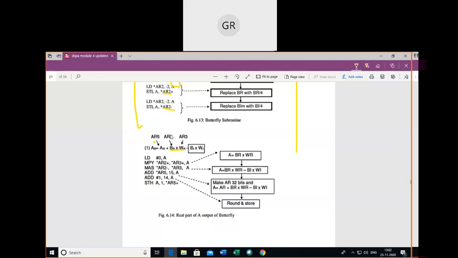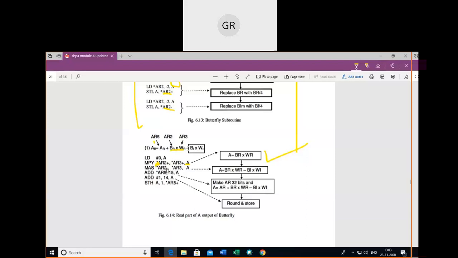Multiply AR2 plus, AR3 plus. That means BRWR. Next, he subtracts this one, BI into WI. Here, whatever the contents of this BRWR are in the accumulator, right? Okay, that's why MAS: multiply, accumulate, and subtract. Here already we have the A value. In that A, what do we have? BRWR. This BRWR is subtracted by